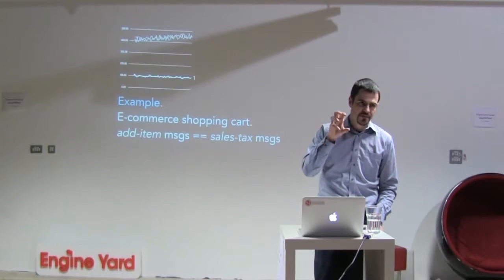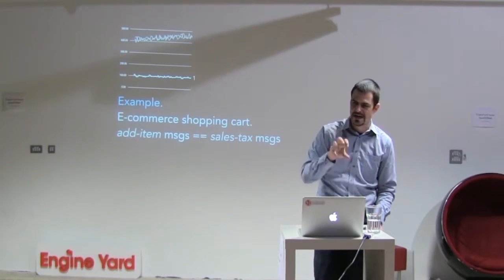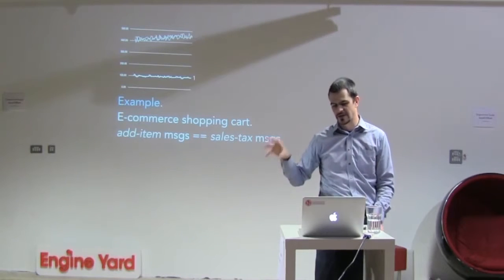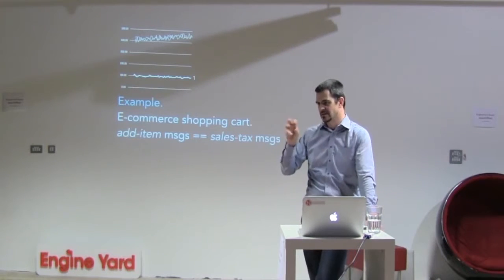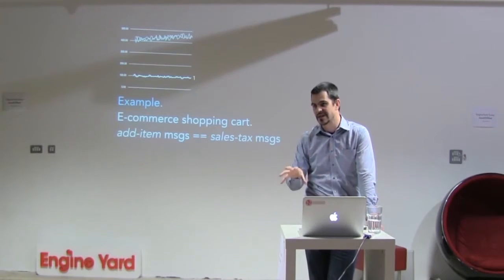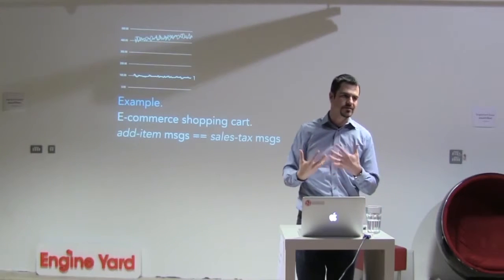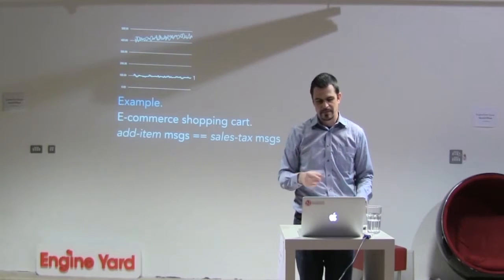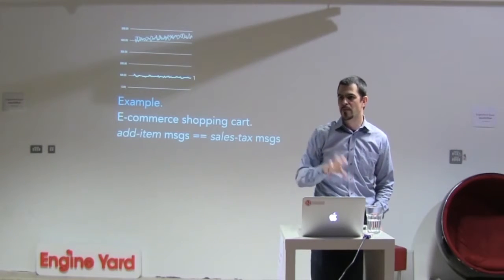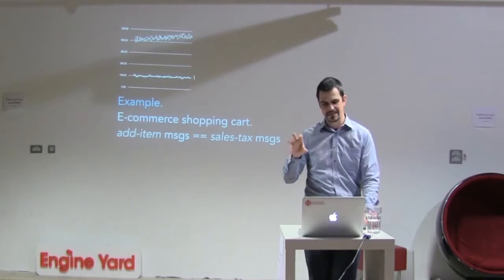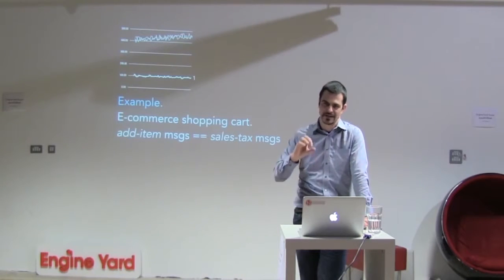And I know that the invariant in my system is that when I have an add item message, I also have a sales tax message. The count of the messages should be the same. But of course, because of network latency and all sorts of other things, they aren't going to match exactly. And if you trace the number of add item messages and the number of sales tax messages, they're sort of